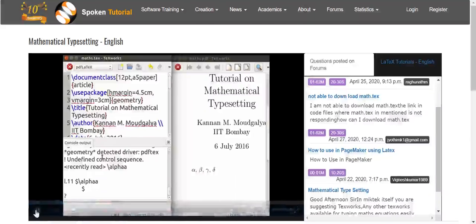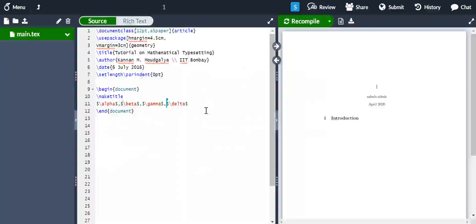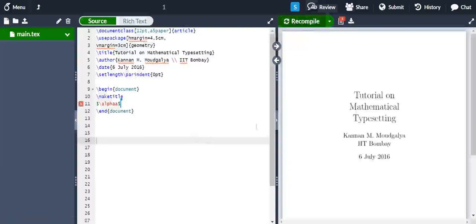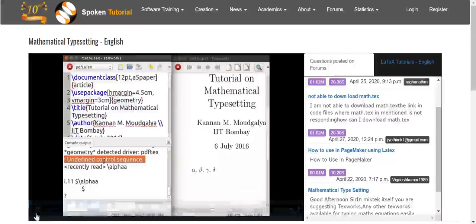LaTeX complains that \alphaA is an undefined control sequence. It says that it does not understand this command.